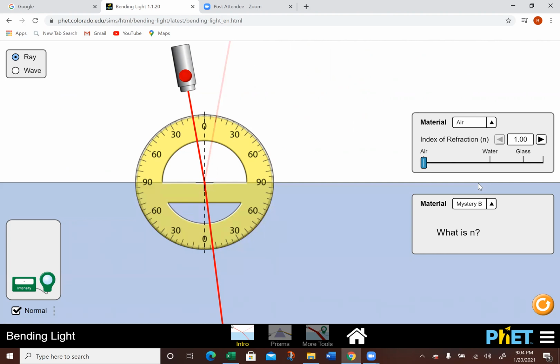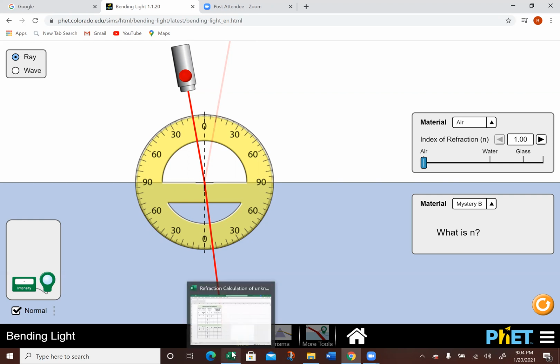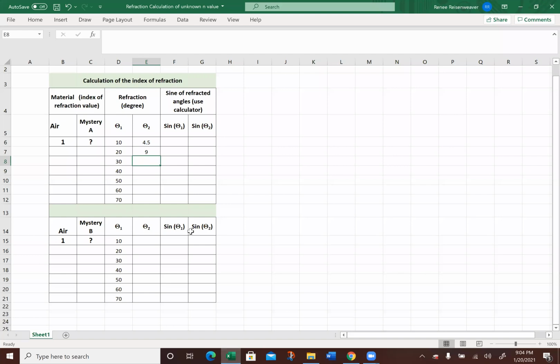And see what that is. So mystery B, you can see, is a little bit different on that angle. So our objective is to figure out what n is. We're going to answer that question right there. Once you go ahead and finish your data table, complete all of this, then you're going to get